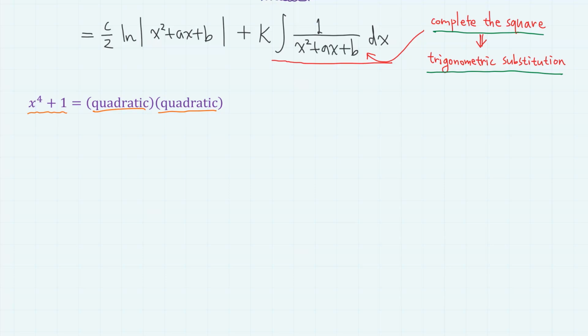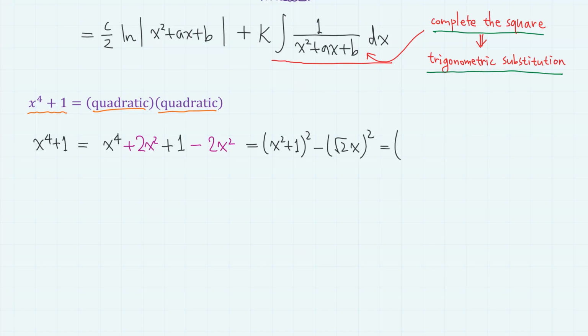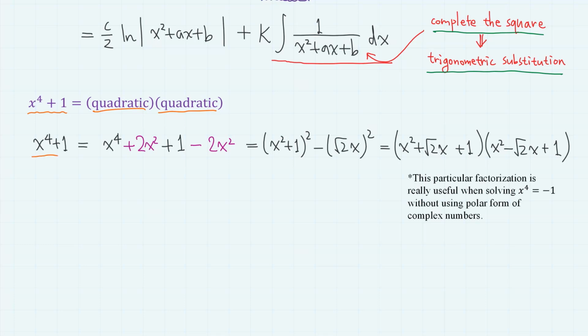it is factorable. Here we write plus 2x squared to make a perfect square, then write minus 2x squared here. Then we have the perfect square (x squared plus 1) squared, then minus (square root of 2 x) squared, which can be factored into (x squared plus square root of 2 x plus 1) times (x squared minus square root of 2 x plus 1). So now we have x to the power of 4 plus 1 expressed as a product of two quadratic expressions. So as for the next step,